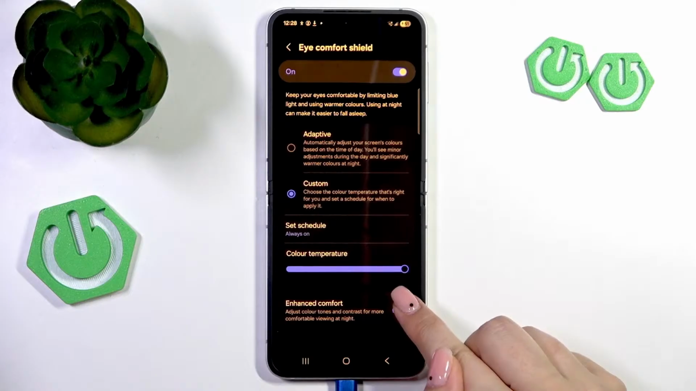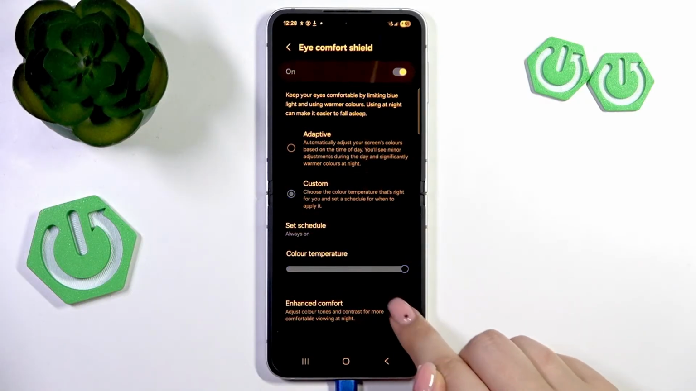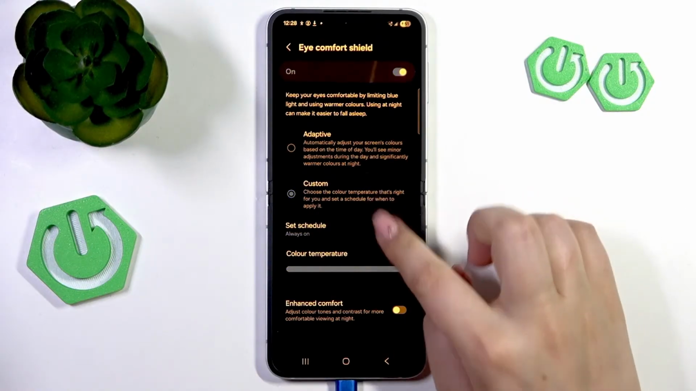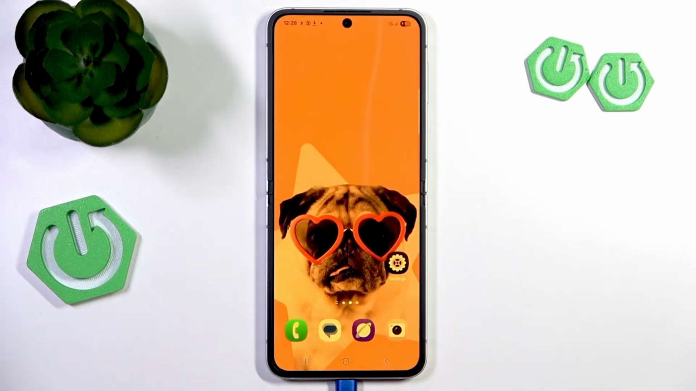It's up to you. You can turn it on and off. I mean, I can see the difference between those two modes. It's totally up to you. So this is the whole customization of this mode, and if you wish to have much faster access to it,